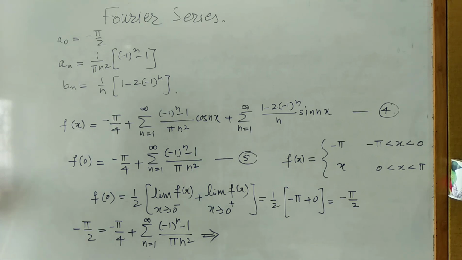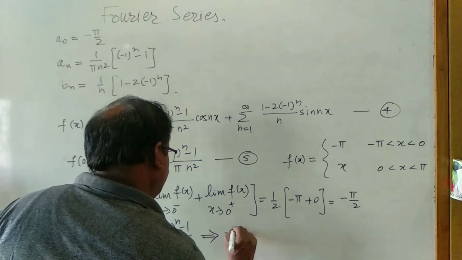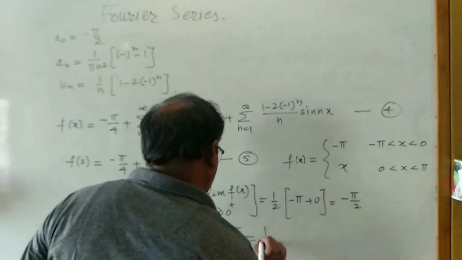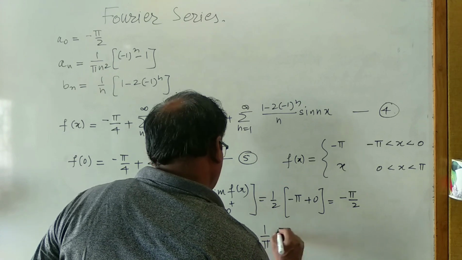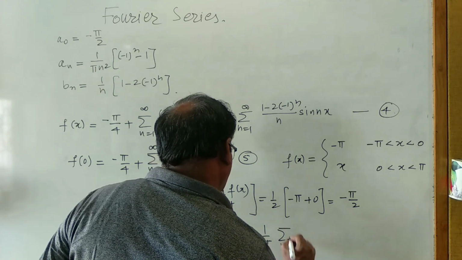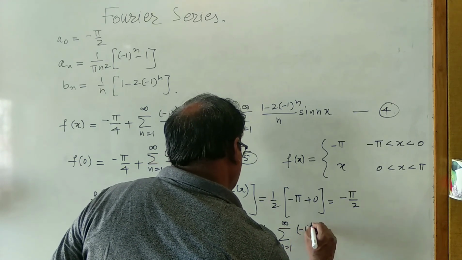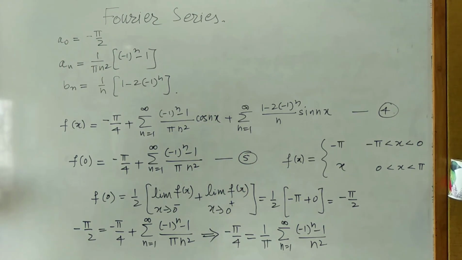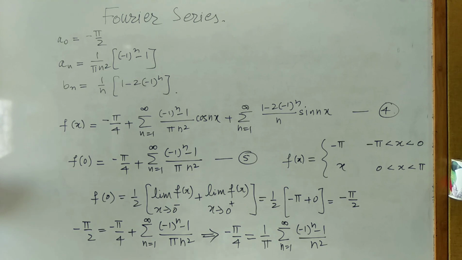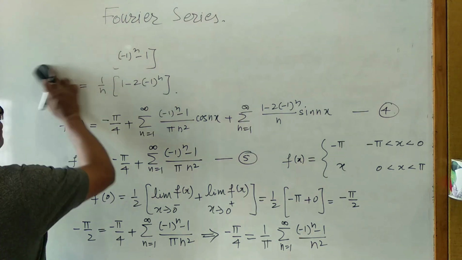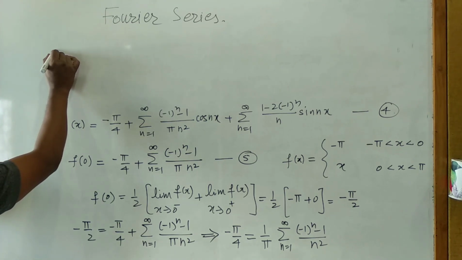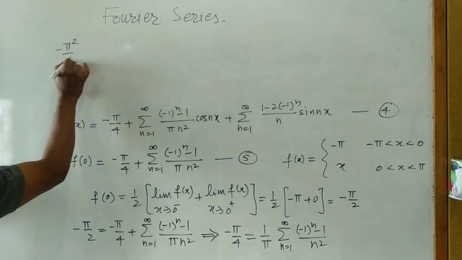So this is minus pi by 4 equals, 1 upon pi I will take outside, the summation n varies from 1 to infinity, minus 1 raised to n minus 1 upon n square. Now take that 1 upon pi to the left hand side and simplify again. We will find minus pi square by 4 equals